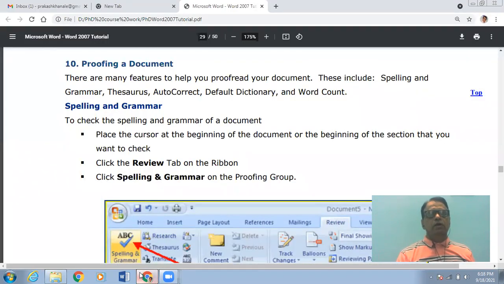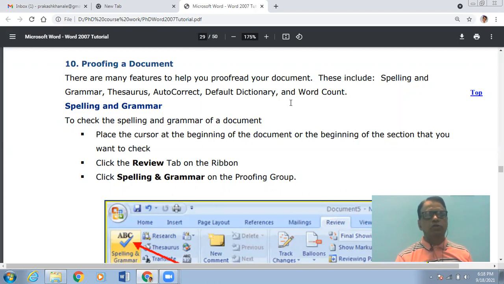Whenever you are performing the proofreading of your document, there are many features readily provided by Microsoft Word. These features include checking of the spelling and grammar, then Thesaurus, autocorrect facility, default dictionary, and it will also provide you the word count in your document.